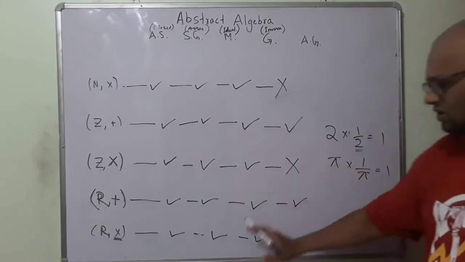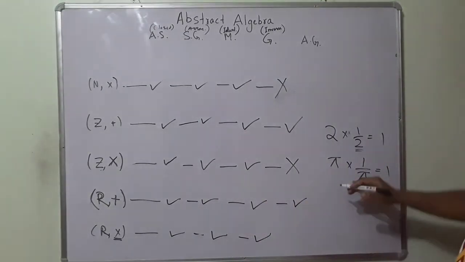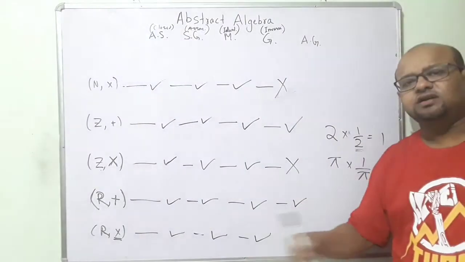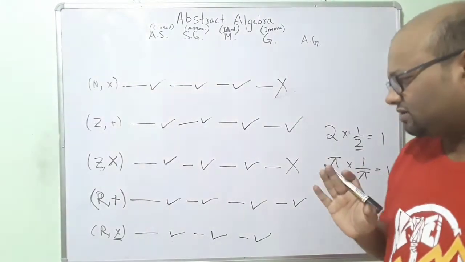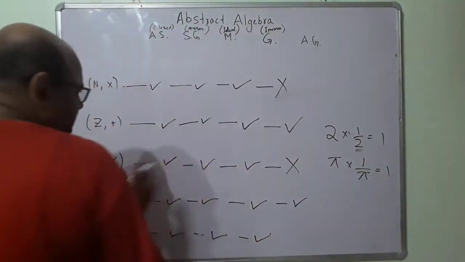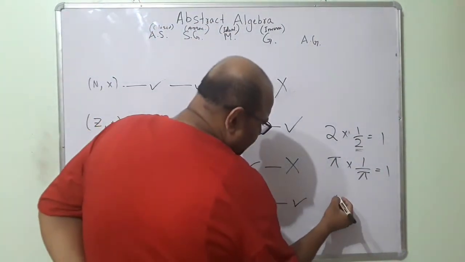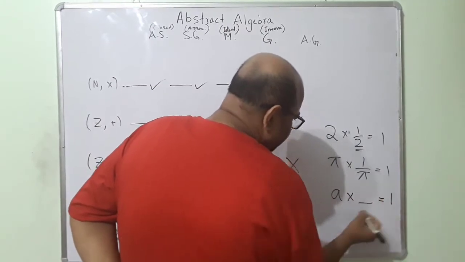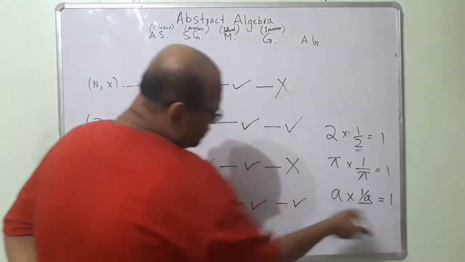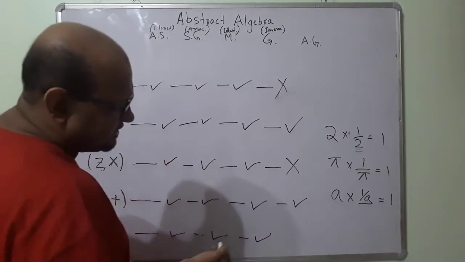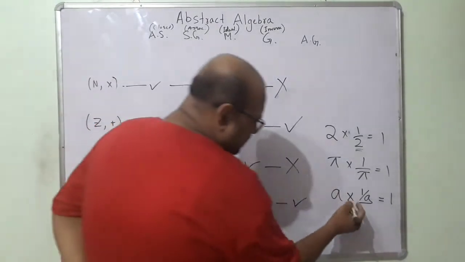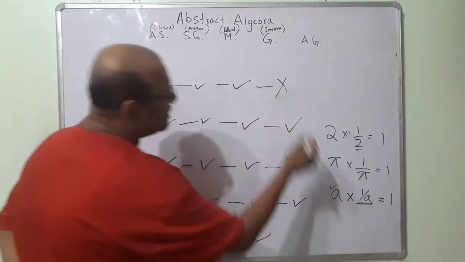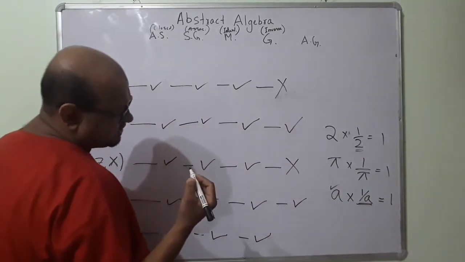So does the inverse of every real number belong to the set of real numbers? Pause this video and think about it. Here is my question. Basically, A into what is equal to 1? You were saying 1 by A. This is what we were saying, not only you, I was even saying this. So for a real number, this would be its multiplicative inverse, right?